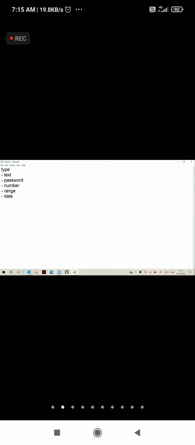Date has options like date, datetime-local, and we have month and week. And we discussed the attributes for them, how we can use the attributes for date, time, and month options.